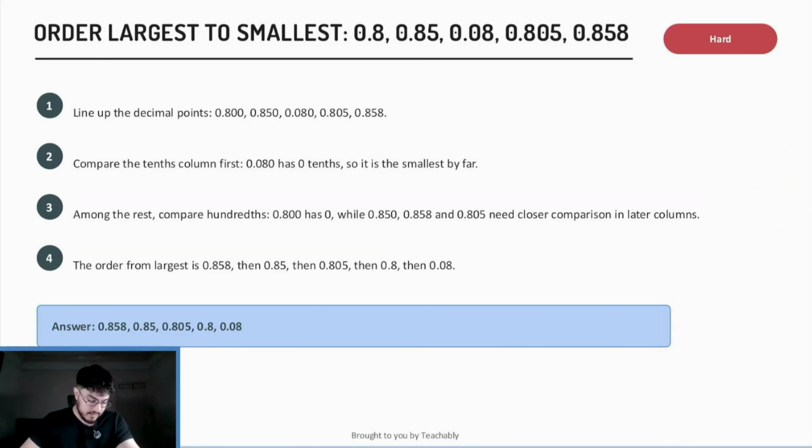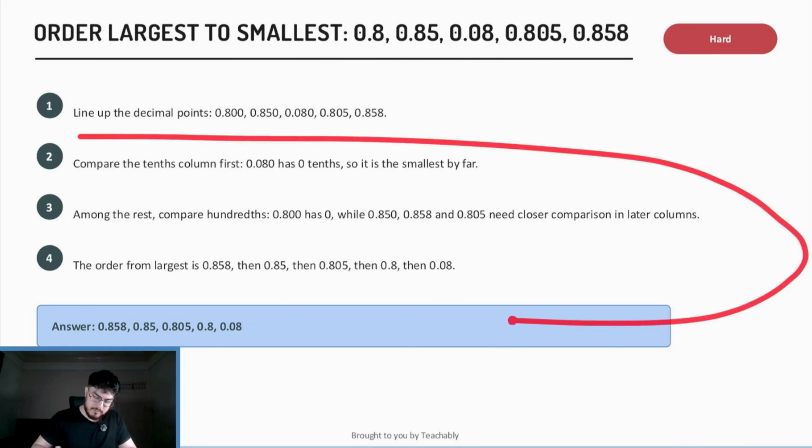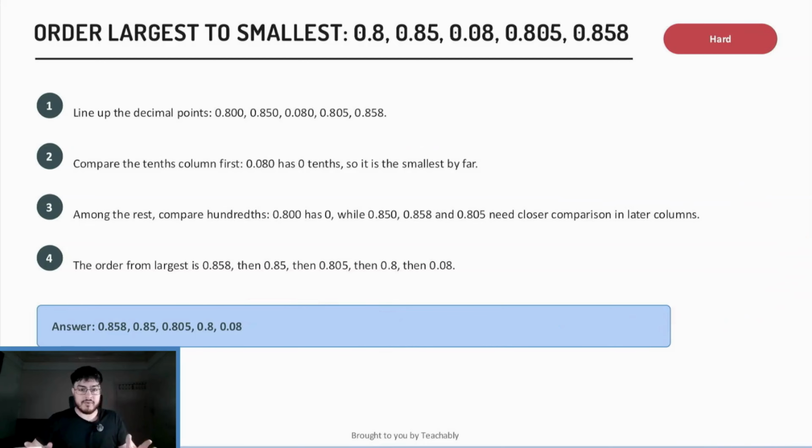Let's move on. So now it's telling us order largest to smallest, these right here. So we've got all the decimals. So it's telling us to line them all up and do all of that comparisons again. I'm just going to do exactly what I did before, hopefully a bit more comprehensively. So again, these are going to be 4 digits. So I'm going to do 0.8 and then I'm going to do 2 zeros after it, just so we're comparing apples and apples. The next one is 0.850,